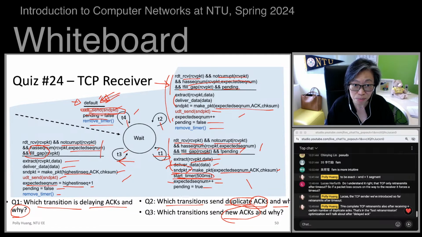A new ACK will be sent. It's already generated here. Okay, it will be sent. But it's not T1 triggering it being sent. It's T4 here triggering being sent. So T4 here generates duplicate ACK, as you guys said for Q2. Yeah, duplicate ACK is generated by T4, but T4 also generates new ACKs. All right?